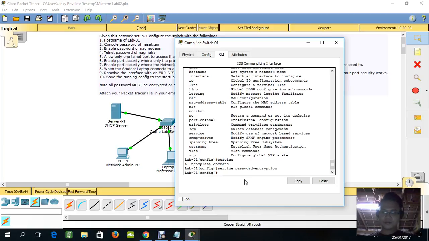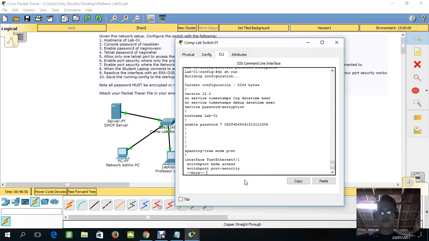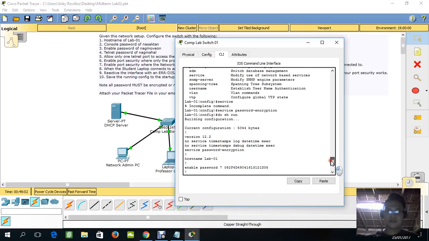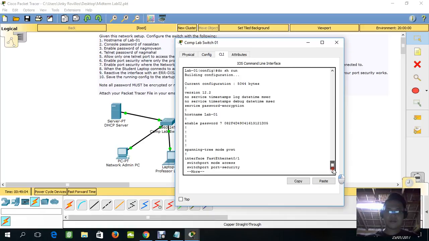And then we're going to check it. As you can see here, the line password is already in encrypted form.